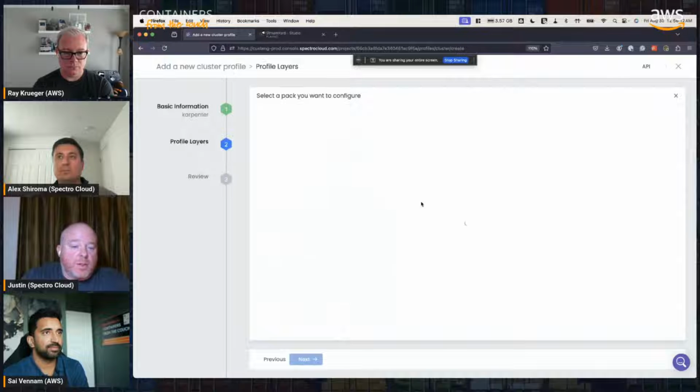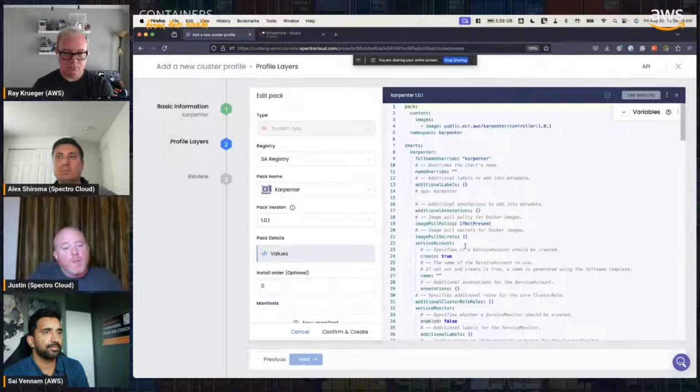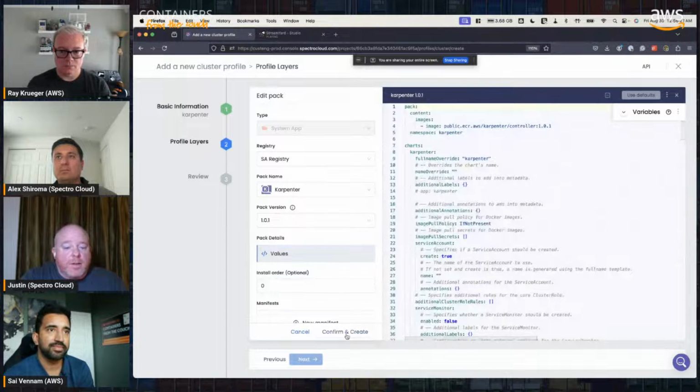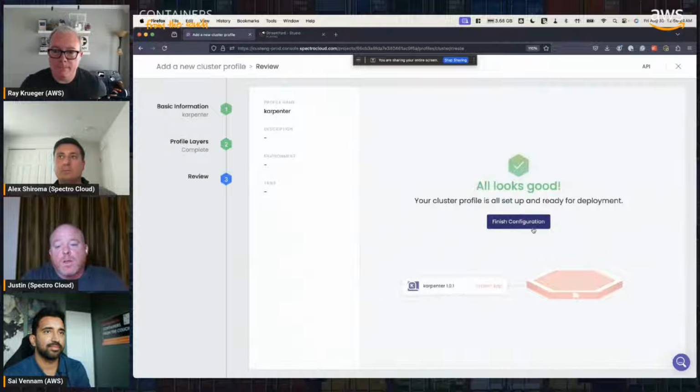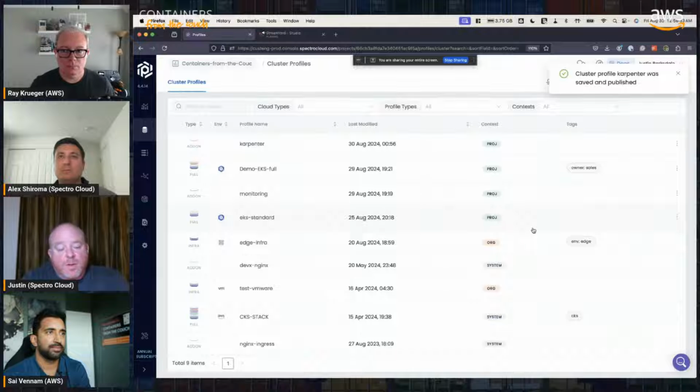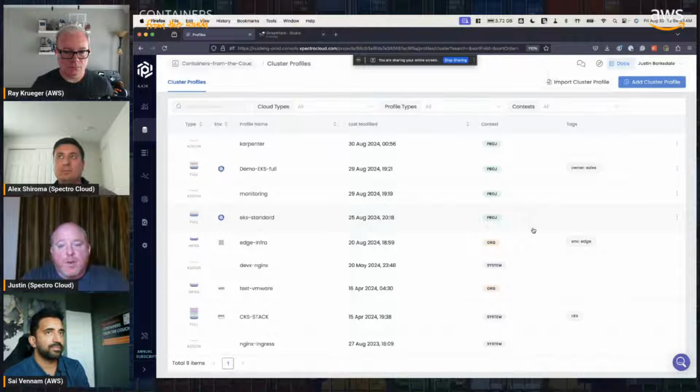And I can very simply say, all right, let me select Carpenter. Again, the subject matter expert can change whatever they need to change within here, and then create it and publish it. And now a user could say, oh, I need to install Carpenter with my Amazon environment, and we would install Carpenter, and behind the scenes we can make some configuration changes that are required, such as adding IAM accounts and roles and whatnot to support that. So I think the power of a pack is really built in the fact that you can provide constraints. It is an extension of what you might do with Helm, but it provides more value in terms of being able to add that metadata that puts constraints that need to be applied.